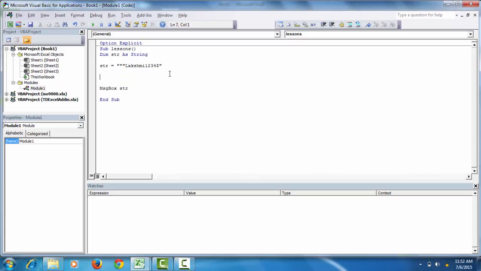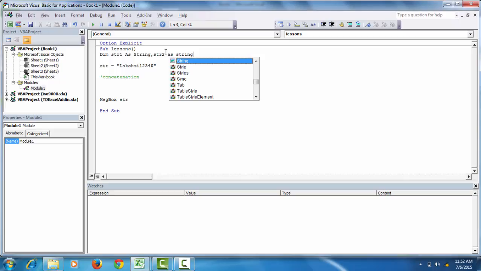Now we'll see what is concatenation. Concatenation is nothing but, as the name suggests, combination or union of two strings. Now let me have string 1. Let me remove this. String 1 and string 2 as another string.